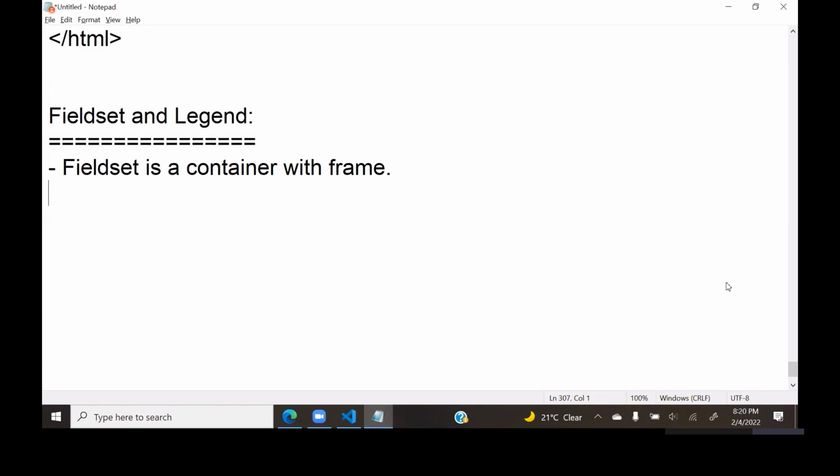All containers are empty actually, but this container is also empty but with a frame. A container with a frame by default. It is defined by using fieldset. And very important, every fieldset